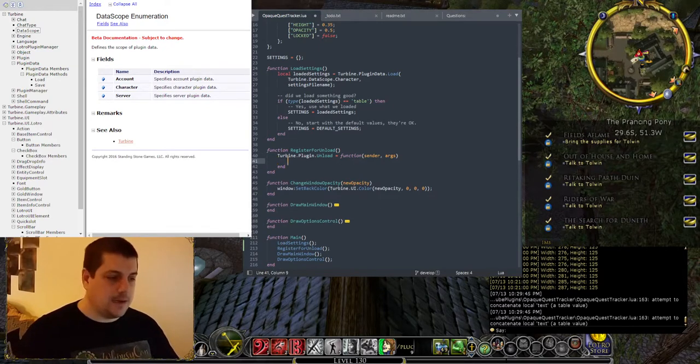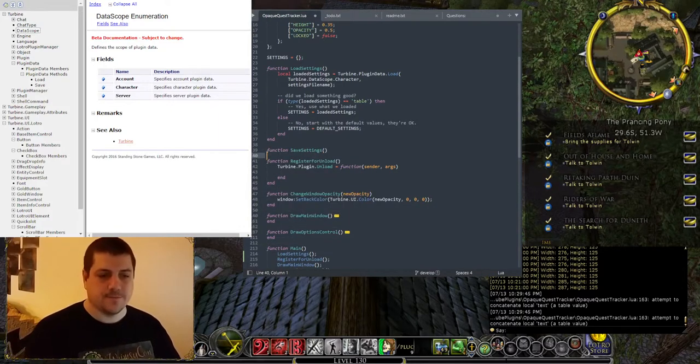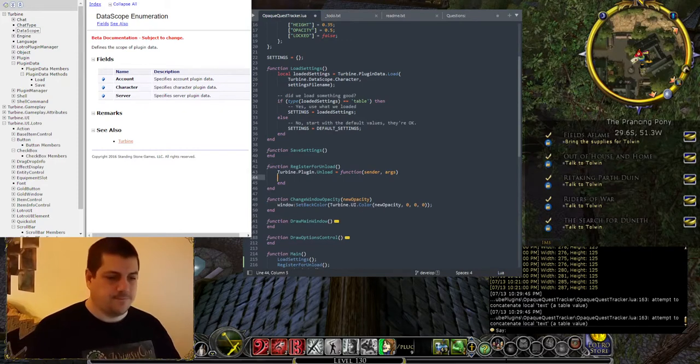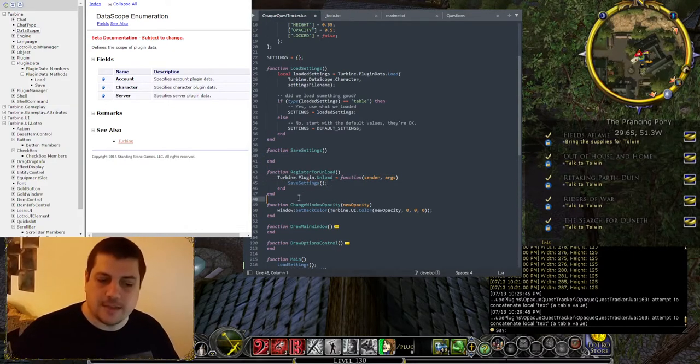And what are we doing there? Well, that's where we go ahead and save our settings. In fact, we can go ahead and have a function, save settings. Cool, save settings. So it might be nice to test to make sure that this is all working before we